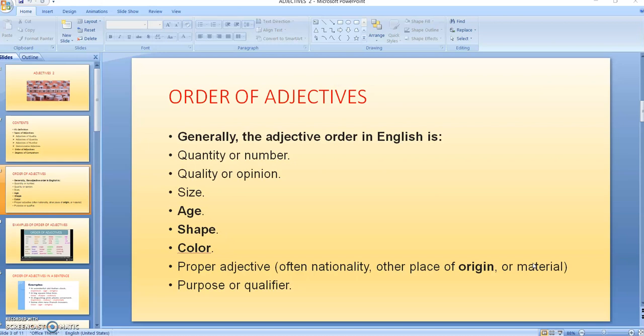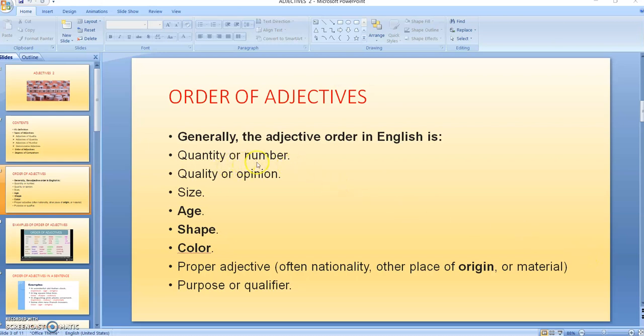Now, the order of adjectives means that we cannot use different adjectives in a single sentence in any order. We can use multiple adjectives in one single sentence, but they need to be in this order.